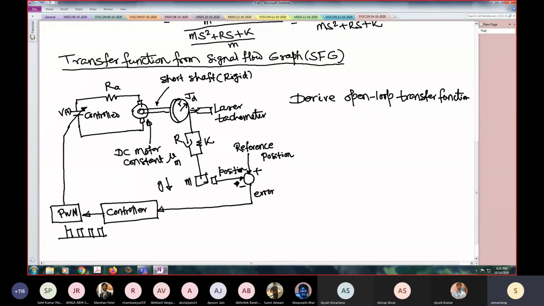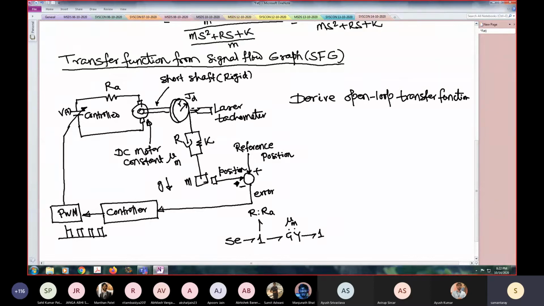Its bond graph model is very easy. Open loop system, you have drawn it several times. So I will draw its bond graph model here so that we can refer to this. Source of effort, one junction, R is to RA. Then you have gyrator, that is mu motor.